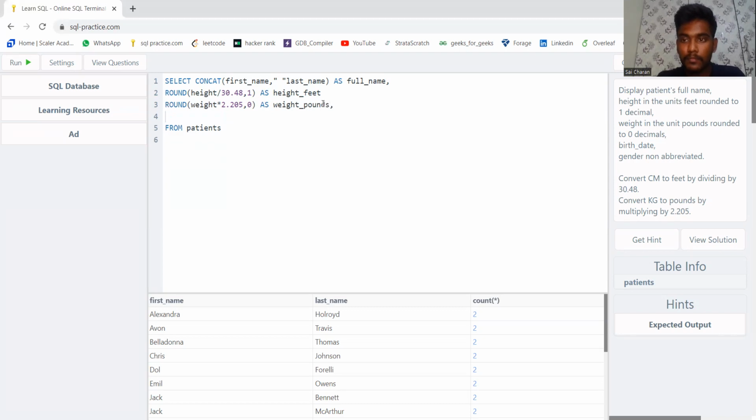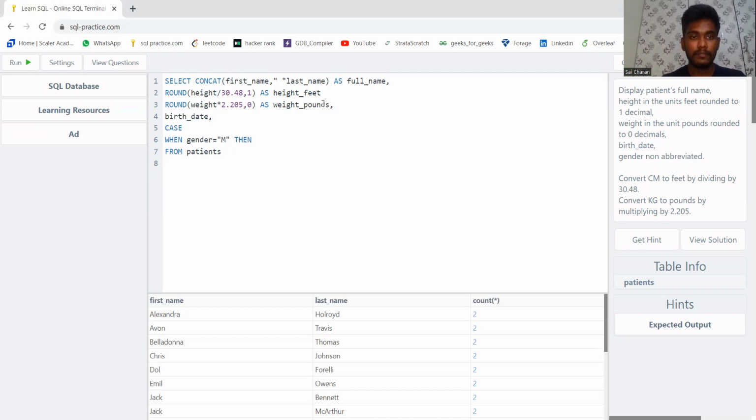Now they are asking for birth date. This is fine, simple, direct. And then we need to extract gender as a non-abbreviated one. So if we encounter capital M, we should return male. If we encounter F, we should return female. In these cases, what can we do? Case when gender is equal to M,